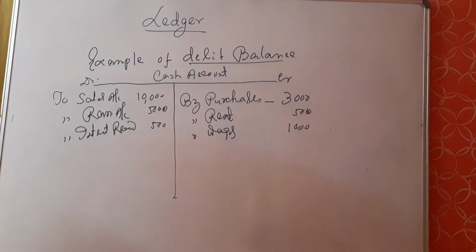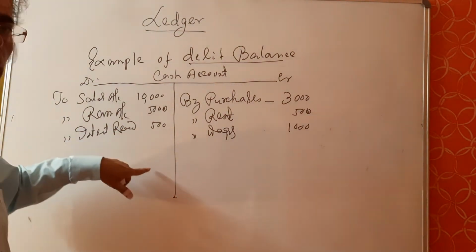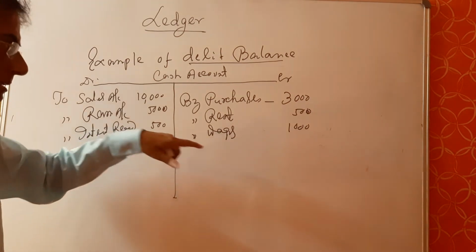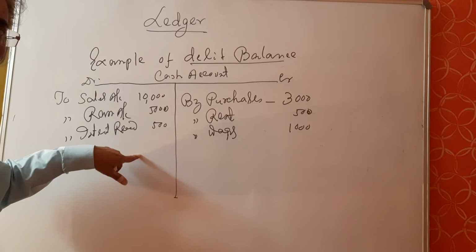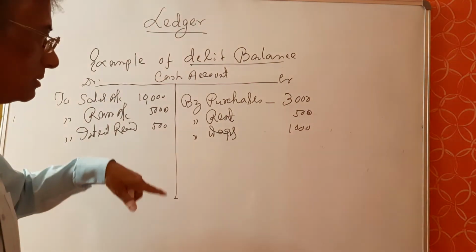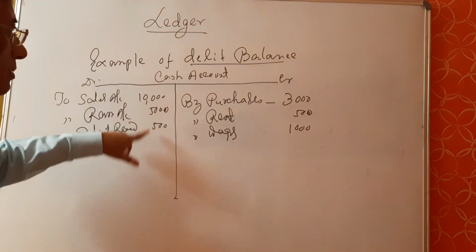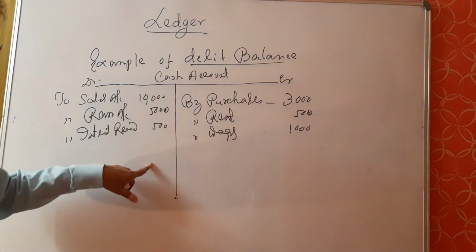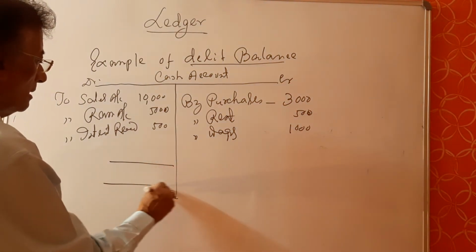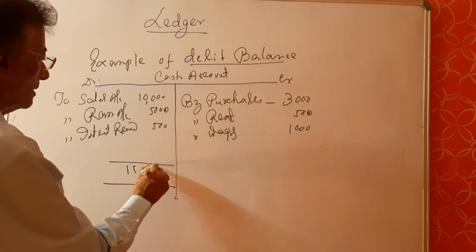Now this is cash account. Now we will have to determine the balance of this cash account. First of all, we'll have to see which side is higher than the other side. In this account, cash account will always represent either debit balance or zero balance, because you cannot spend more than what you have got in your pocket. So under every circumstance, cash account will always represent debit balance. So we can safely cast the debit side of cash account. The total amount comes to 15,500.